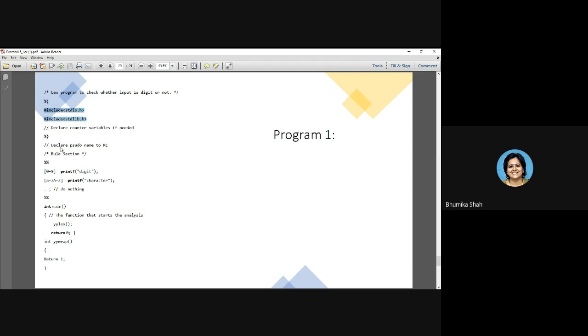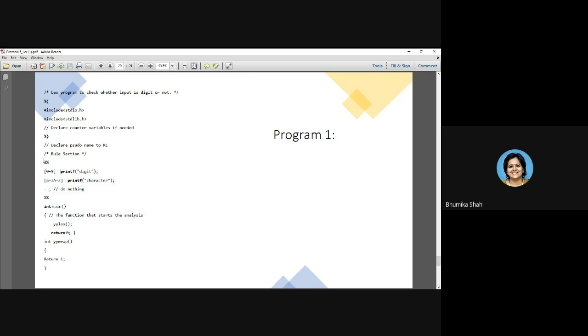Are you getting what I'm trying to say? So the first section, which is the declaration or definition section, has two parts. In the first part, everything is written between percentage opening curly bracket and percentage closing curly bracket. That includes header files, declaring global variables, and everything that you want to copy to the equivalent lex.yy.c file. The second part of the declaration section includes renaming your regular expression by a pseudonym. What is the next section? The next section is the heart of the Lex program, that is the RE action section. So you will write a regular expression and what action you want to execute if that RE is satisfied.